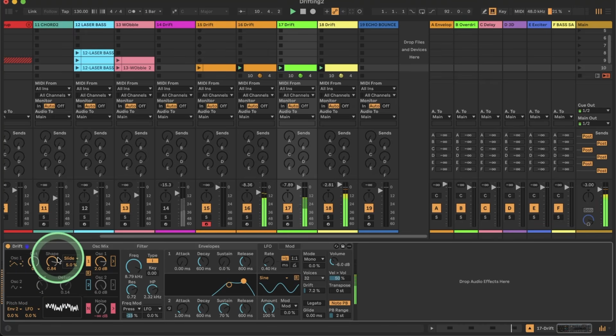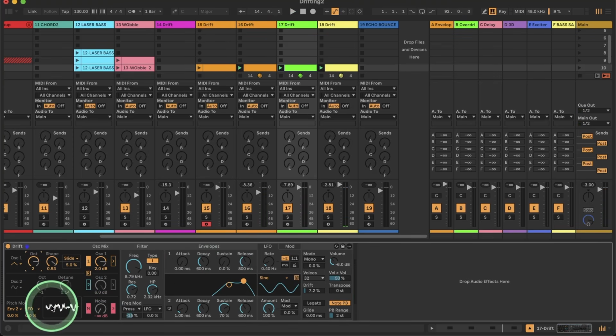I quite like that. Maybe go higher. Right, and instead of adding the noise, what we can do, which is a bit insane, but you can try it, is to add the LFO here and set the LFO to sample and hold and speed it up